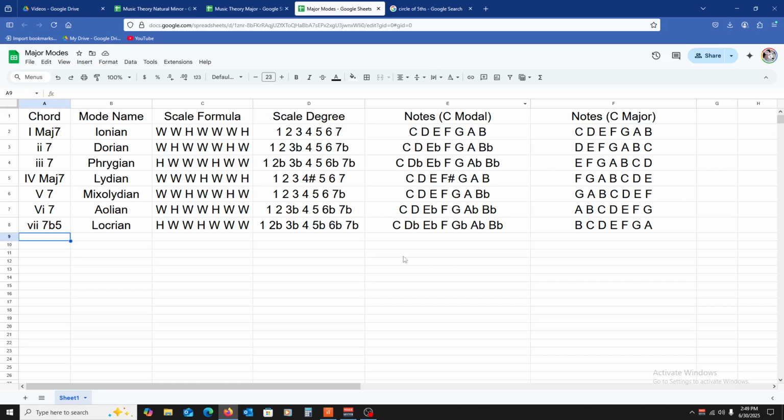And so on and so forth, right? Mixolydian, a flat 7, Aeolian, a flat 3, a flat 6, and a flat 7, and Locrian, a flat 2, a flat 3, a flat 5, a flat 6, a flat 7. You can use the modal values, so like C Ionian, C Dorian, C Phrygian,